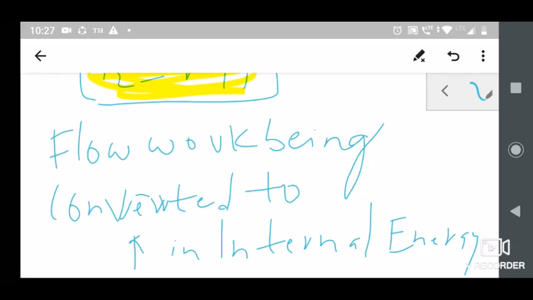I hope this is clear, which we have derived in the session about the unsteady flow case, applying the first law, where the enthalpy at the inlet is equal to the internal energy at the outlet, that is u2. We also found another relation between the exit temperature and inlet temperature as T2 is equal to gamma into Ti. So from the given initial temperature, you have a rise in the exit temperature, that is due to the flow work being converted into the rise in internal energy. I hope the session is clear to you.